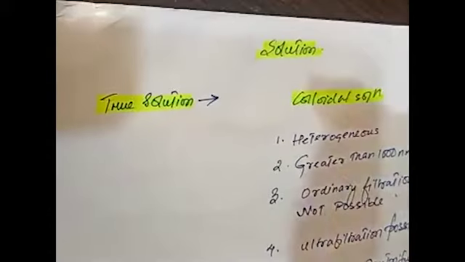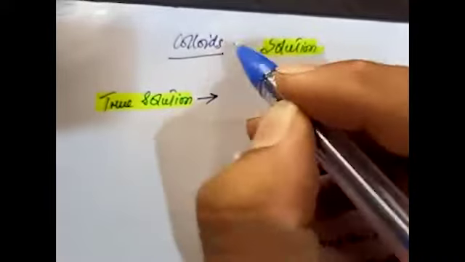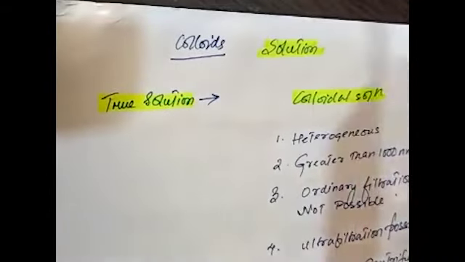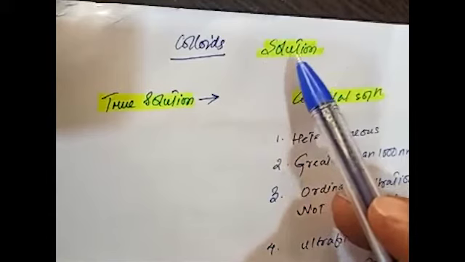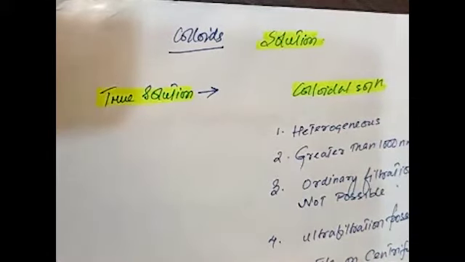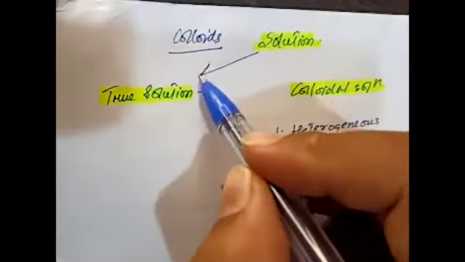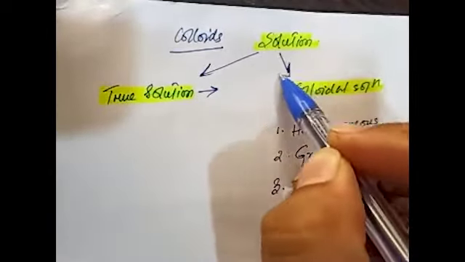Okay, so when I study colloids we have to go a little backward, and we have to know what this solution is. We have already studied the solution chapter: solute in solvent is known as solution, correct? Solutions are of three types: one is the true solution, one is the colloidal solution, and the other is the